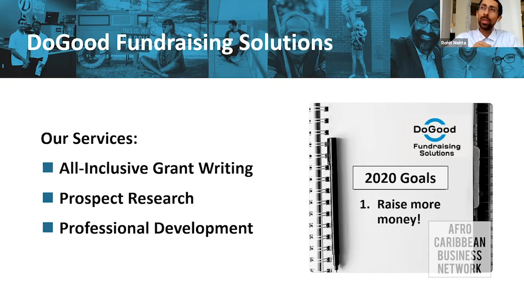Prospect research really involves looking at all the different funders that might be well suited for your organization or for your mission. And then we narrow down the top 5 or the top 10. We'll do a report. We'll tell you about the funder, what they fund, why they fund it, how to obtain that funding, what is the eligibility criteria, when is the deadline, what's the process, how do you contact them, and we'll even make a recommendation about how much money you should apply for. So prospect research is something that's very customized towards every group that we work with.